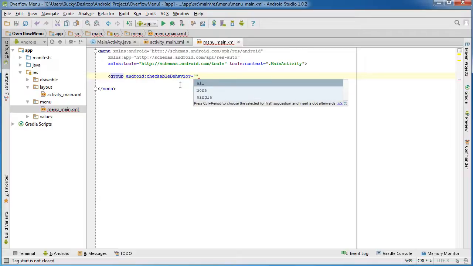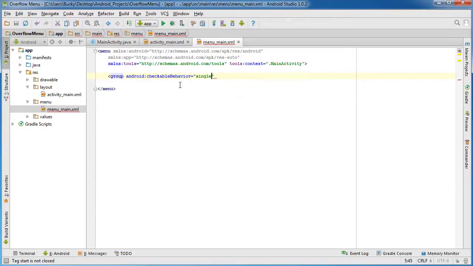and if you hit Android checkable behavior and hit single, what this essentially says is, okay, I'm going to be throwing a bunch of items in here, but the user can only check one of them. Cool, simple enough. So now let's go ahead and actually add those items. So item,